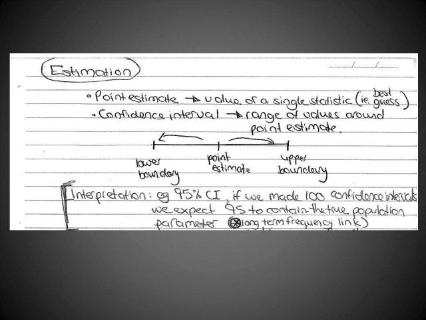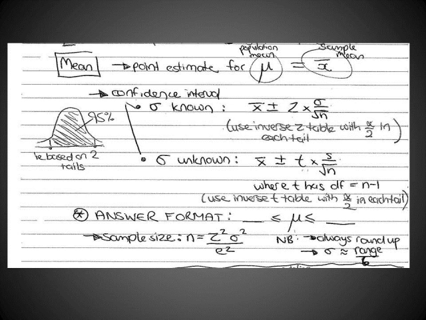Remembering that unless we have the entire population data set, we will never be 100% confident about any of our results. When you take a sample, you have sampling error, and so the uncertainty just needs to be measured so it can be factored into how we use those conclusions and decisions. So please don't forget about that interpretation and how it links into just our general understanding of probability and what that tells us. So having that knowledge, we can now think about, well, how do we implement this for means,